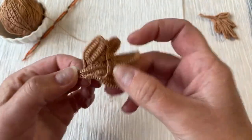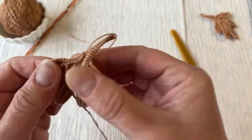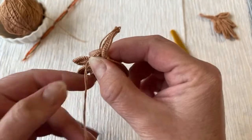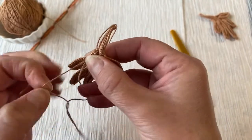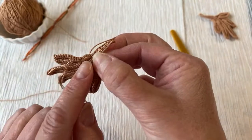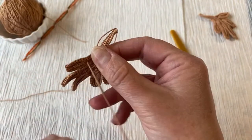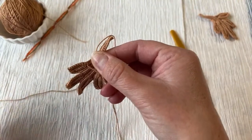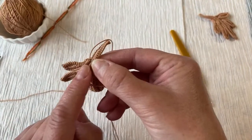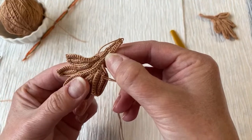Now let's look at this padding cord. If you still have a bump right in here, you can pull on this little tail, on that short piece that left. And so what happened by doing this, when we folded our padding cord and crocheted over this, now on the back we can cut this piece off without worrying about it, and it's best to do this when you have single crochet stitches, of course. And that's it. Your padding cord is hidden